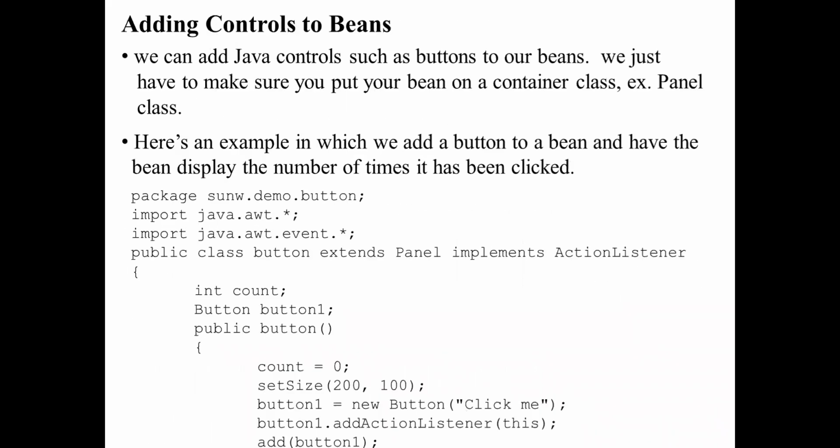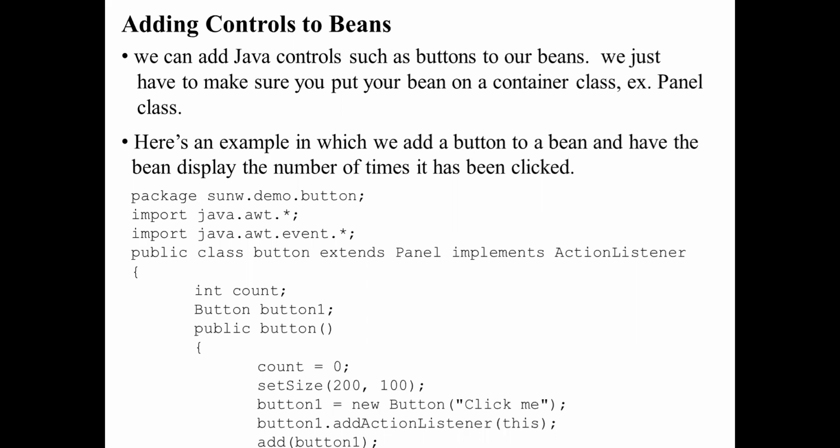And finally, we can add some controls to a bean. We can add Java controls such as a button to our beans. We just have to make sure the bean contains the class files or any panel class.